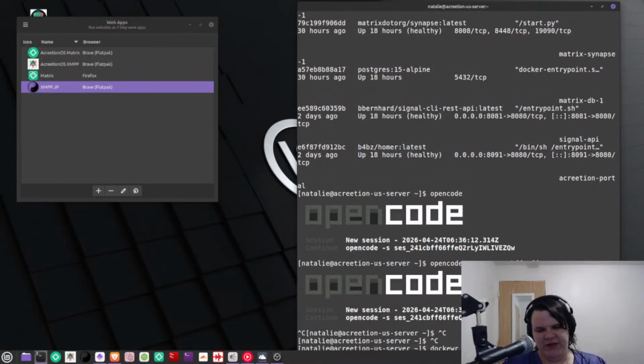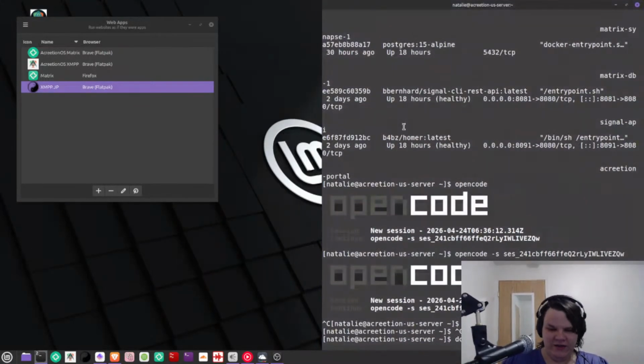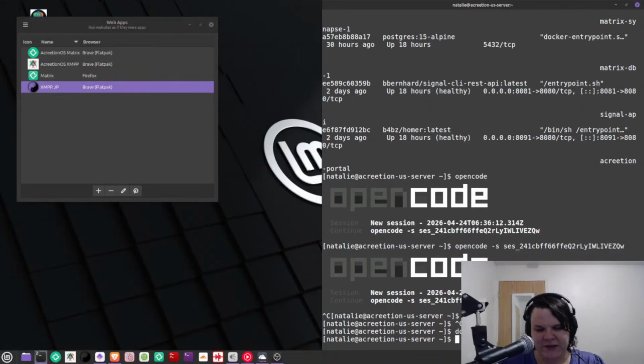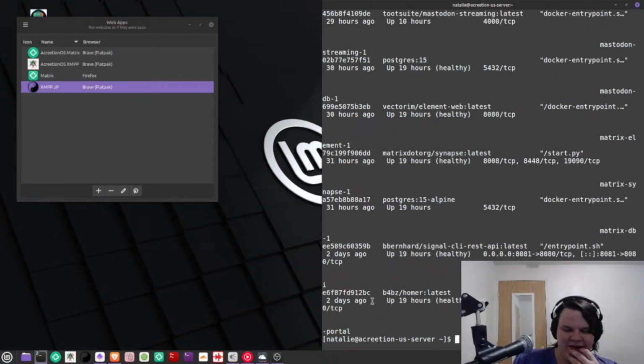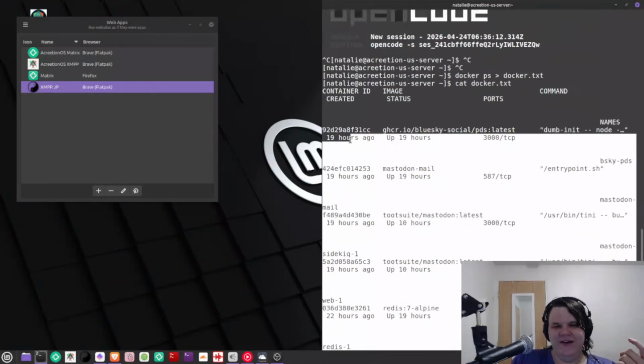We're just gonna do it this way. Docker, yes. I don't know why I didn't just do this from the beginning. What I should have done is just output it to a Docker file.txt, right? Something like that. And then we'll do cat file. I feel like a dumbass. Okay, we're gonna go up.